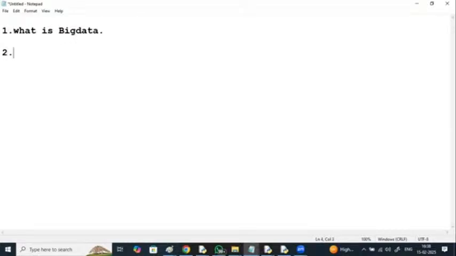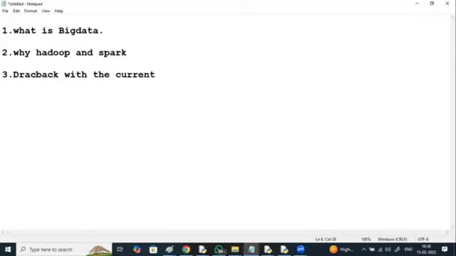So what is big data? Why Hadoop and Spark? Drawbacks with the current databases.